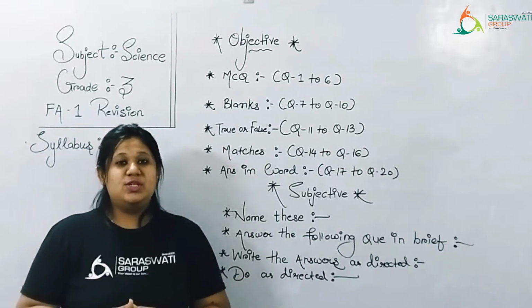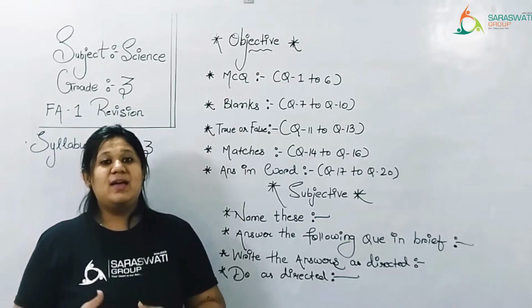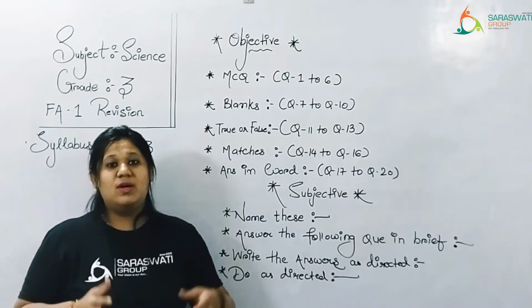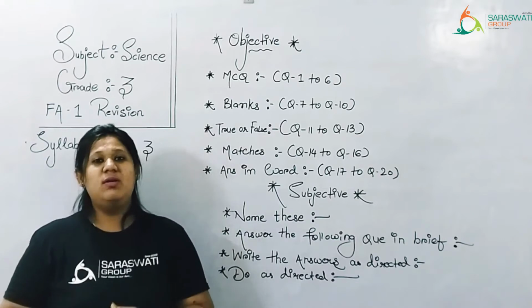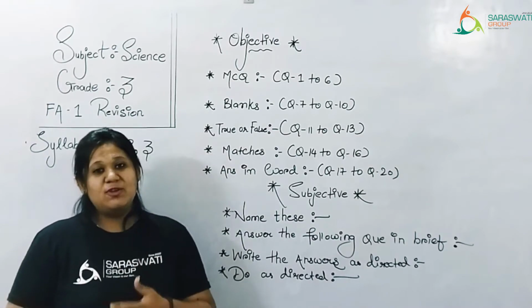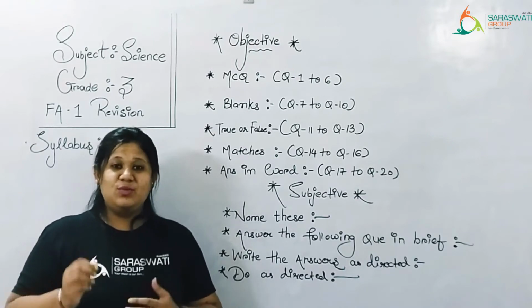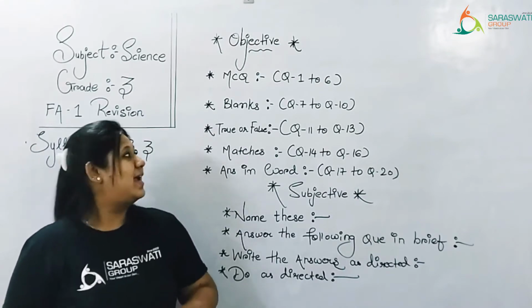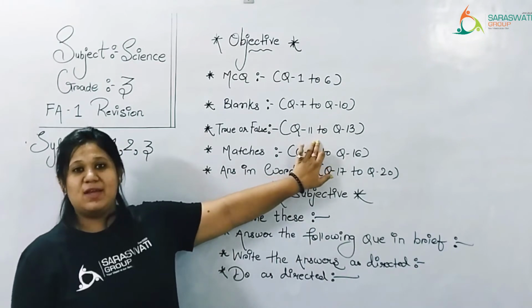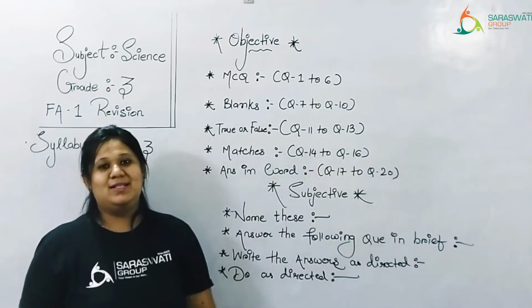Then question number 3: read the sentences carefully and state whether they are true or false. Here, there are few questions asked by me. In that, I have given 2 options, one is true and another one is false, right? Again, you need to read it twice, and then select your correct answer. That is from question number 11 to question number 13.